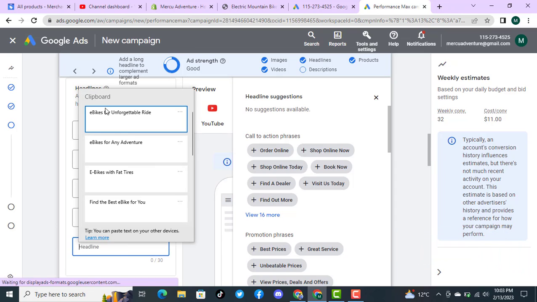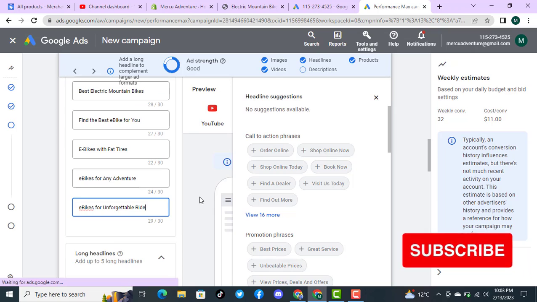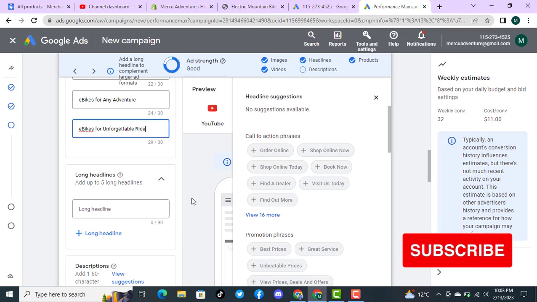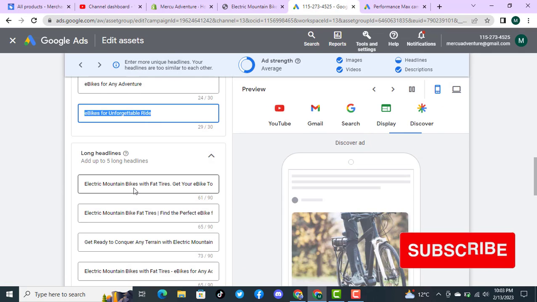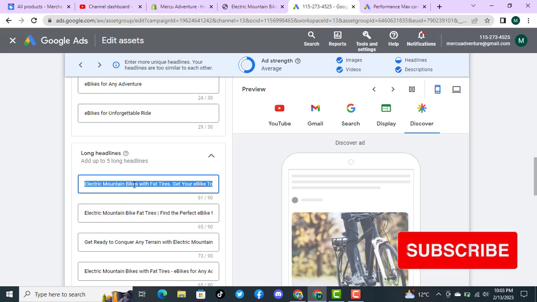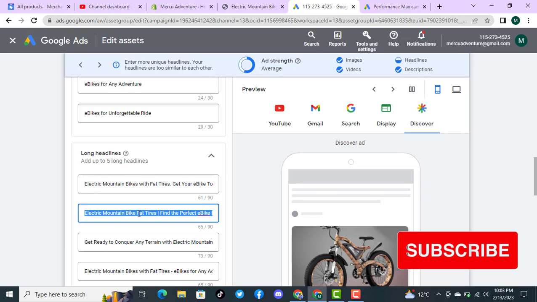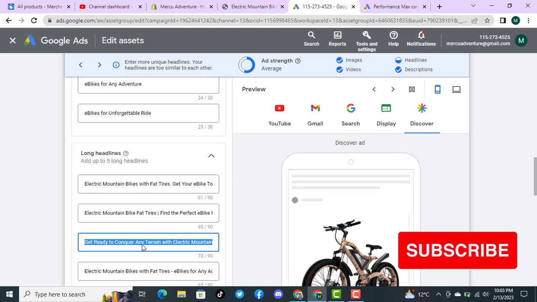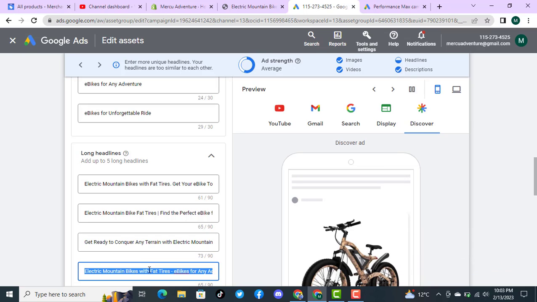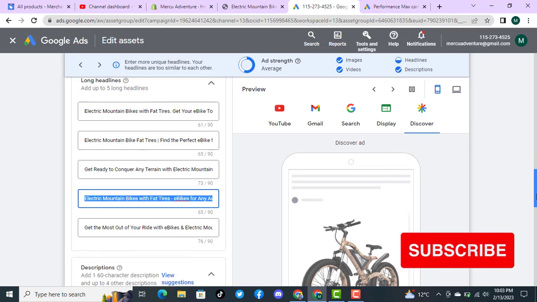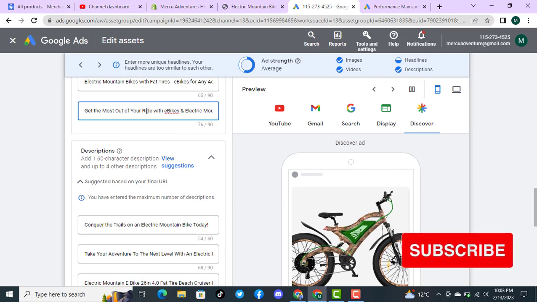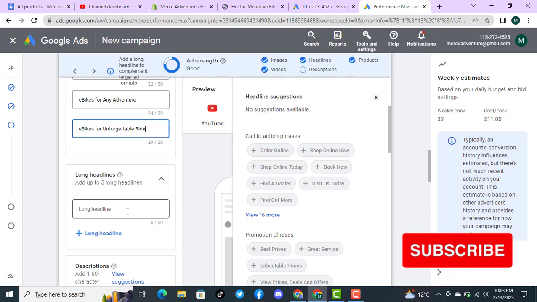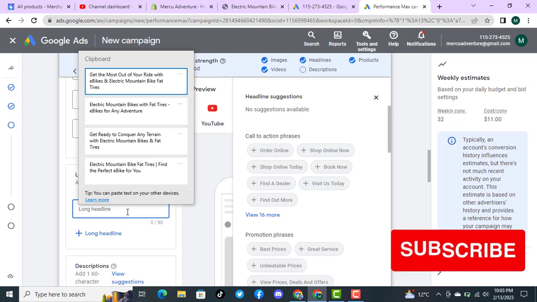Okay, we do have this filled up, and now we have long headlines, up to 5 headlines with 90 characters in each. Here we have already worked on this. You can simply copy them, or you can write one for yourself by doing proper SEO keyword research. And if you haven't done any keyword research yet, on what people are typing so they will be seeing you, then you can learn about